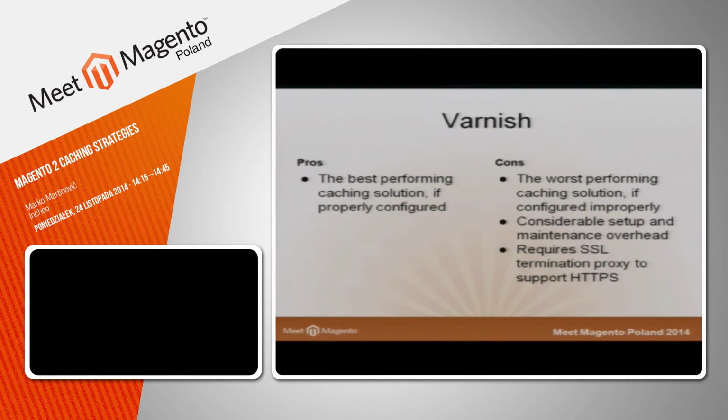And additionally, if you do not configure Varnish properly, you can achieve even worse results than with the built-in caching strategy. So it's not plug and play. Definitely, you need to work a lot to get it configured correctly. Additionally,